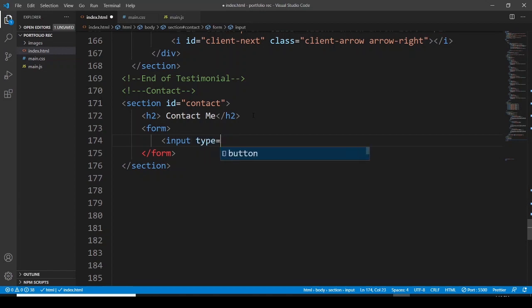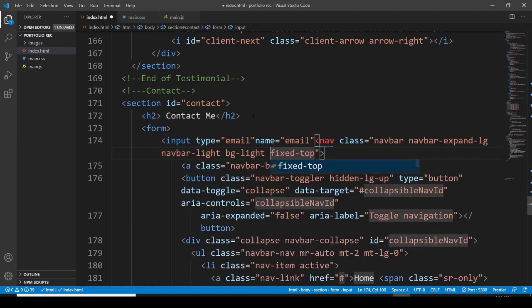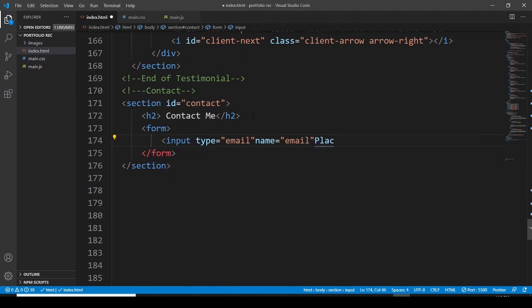Input type, and the input type is going to be email. Then let's say the name is also going to be email, and let's use a placeholder. So the placeholder is going to be email, and then we have to use the text area. So the text area is also going to have a placeholder, so it is going to say your message,